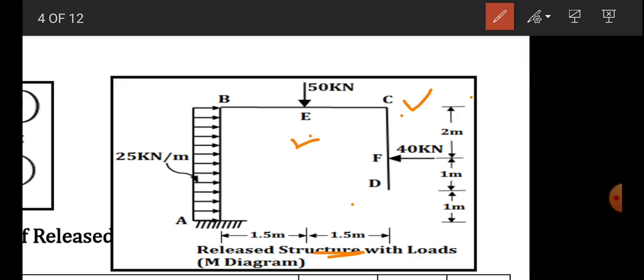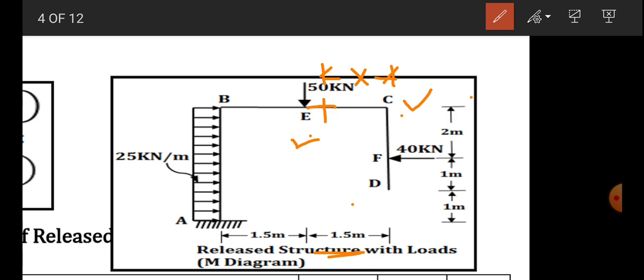Let's draw the imaginary axes in zone CE. We always take two imaginary axes, horizontal and vertical, and this axis is always drawn at a distance of x from the origin. The origin for CE is C. So the imaginary axis is at a distance of x from the origin. Now look toward the origin side. You have to consider the whole structure.